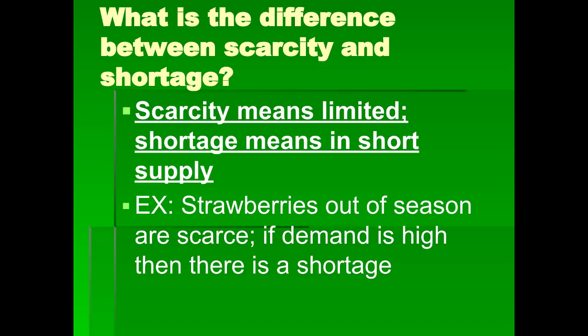A shortage means that it's in short supply. There's not enough supply to meet the demand. So I've been using the example of water. Water is limited. There's a limited amount of water on Earth. Is it possible to use it all? Yes. However, at least in the United States, pretty much any time you turn on a water fountain or a faucet, water will be coming out. You have to pay for it, sure, but there's really no fear of us running out of water. So there's not a shortage of water.